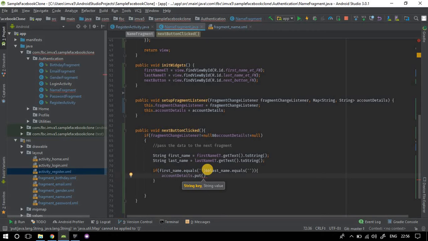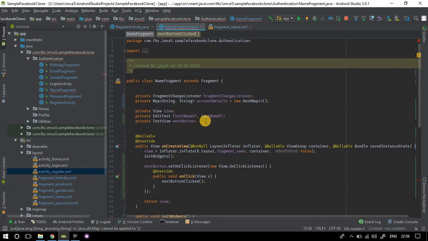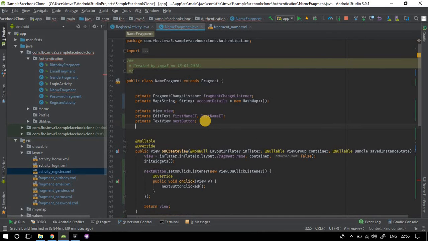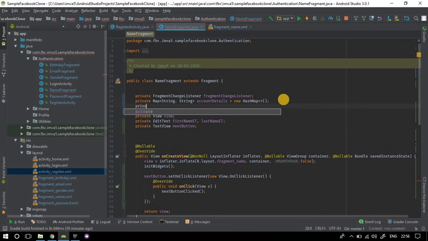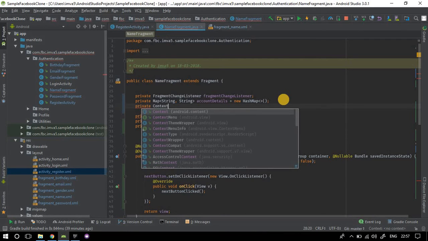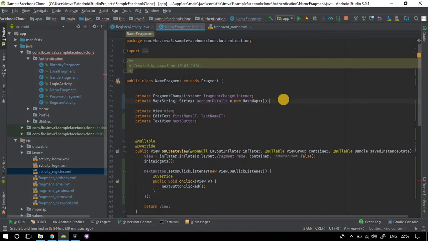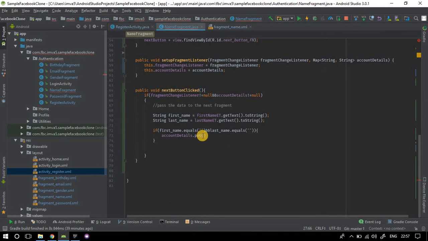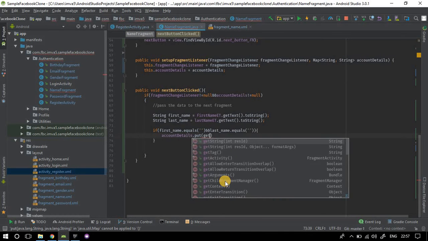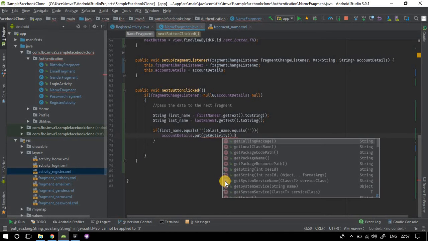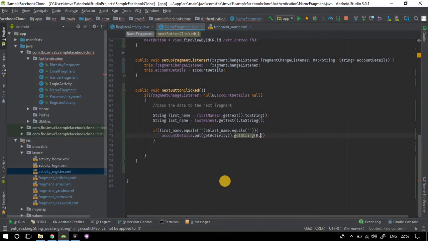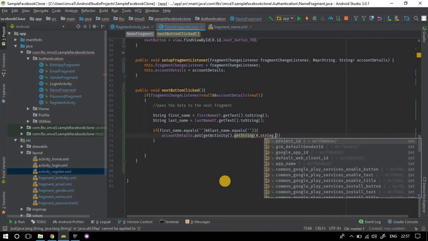I can just make, okay, let me just make a private variable which will be my context. So private context, this would be getActivity dot get this string R dot string dot